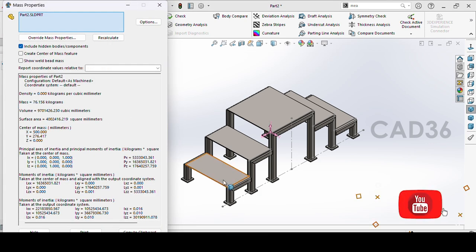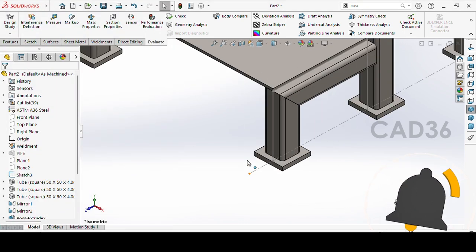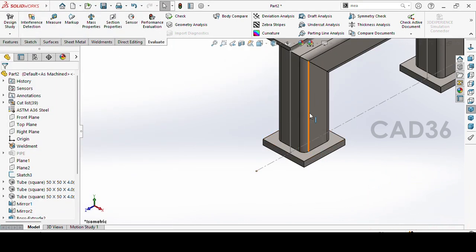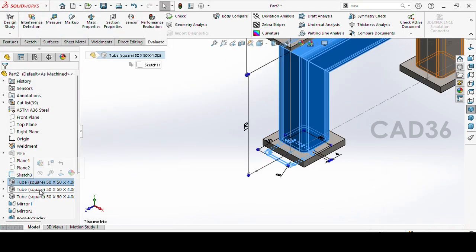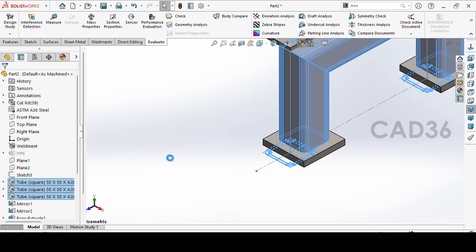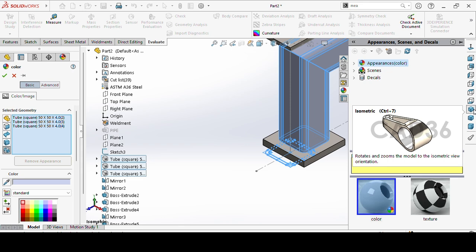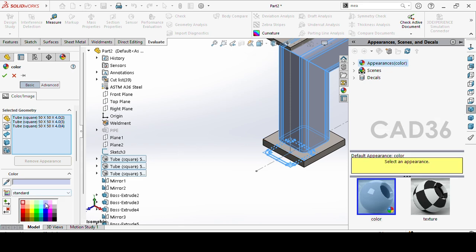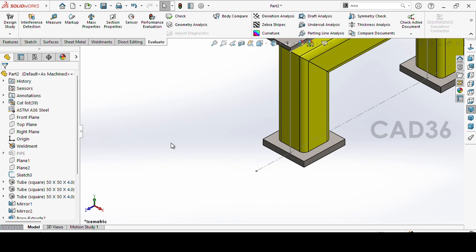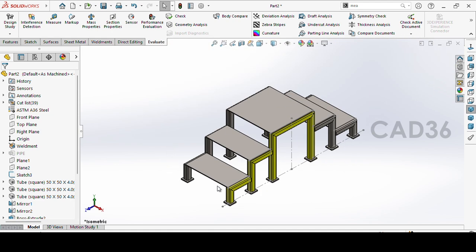Now check the weight. This is the actual weight for A36 material. If you change the material, it will change the weight. And if you want to add some color, you can go to the appearance and change the color. And this is how we make the stair